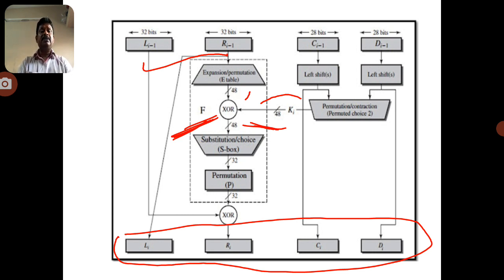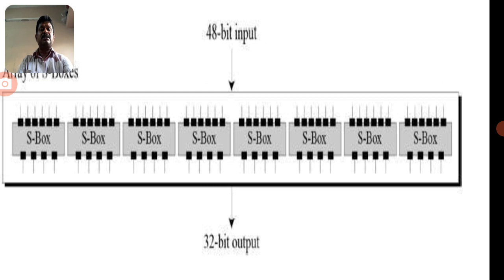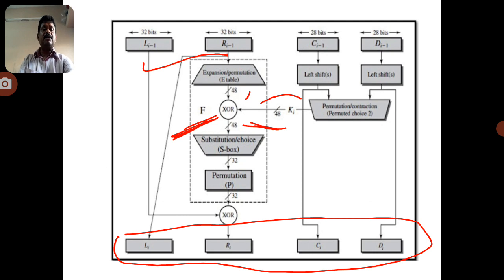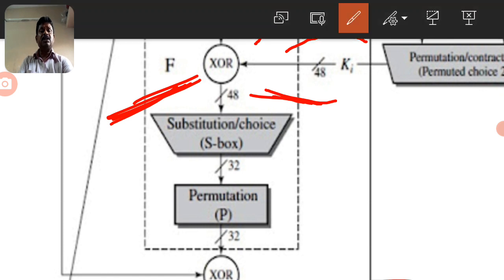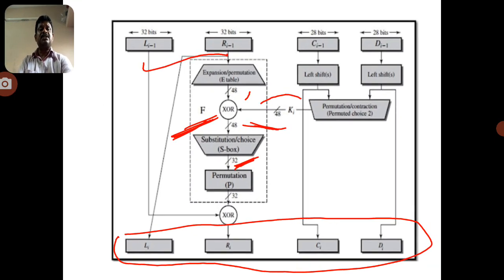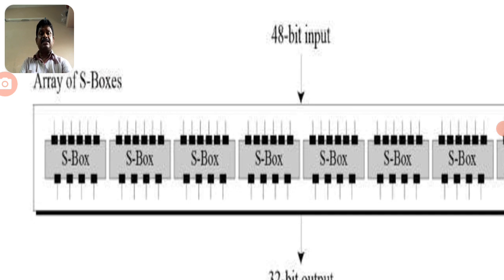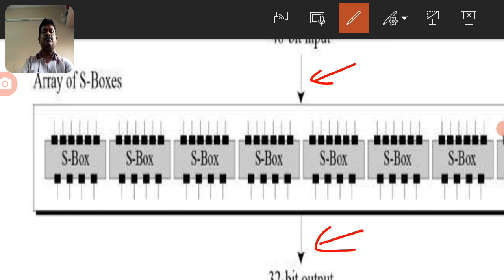So now the 48 bits are taken by the substitution boxes. Now you can observe here the S boxes, substitution boxes. This is a very important concept in DES. Now here you can observe, the substitution box takes the 48 bits, and 32 bits are derived. 48 bit is taken as an input and only 32 bit is derived. How is it reduced to 32 bit? Now you go to the substitution boxes. The 48 bits are taken as input, and 32 bit is derived as output.